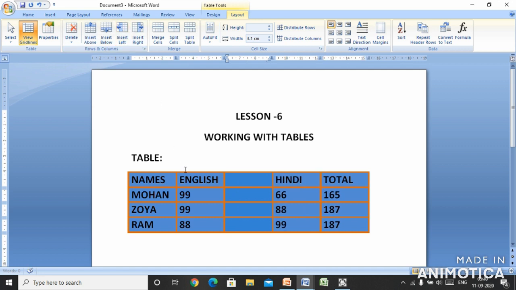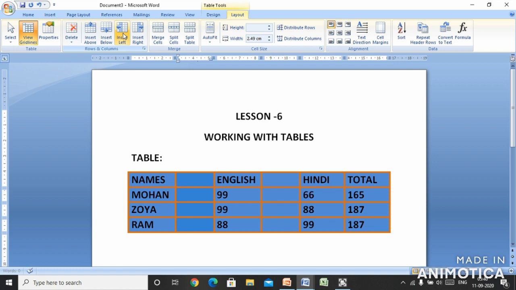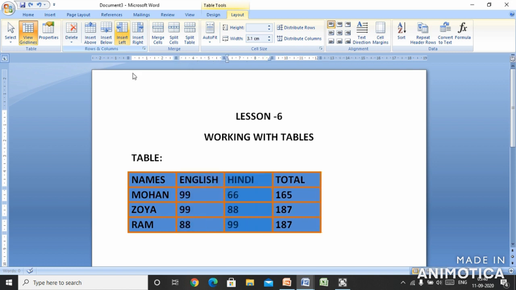Suppose I select this column and want to insert again to the left of it. See here, the rows and columns are deleted. Let us press Control Z and undo the action we have done. Now suppose I want to select this row, and insert a new row next to this row.